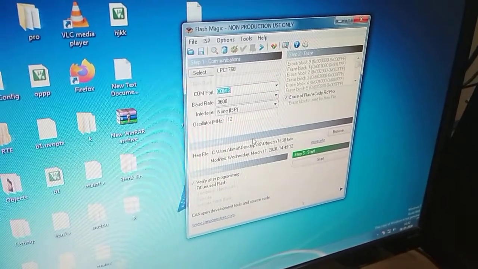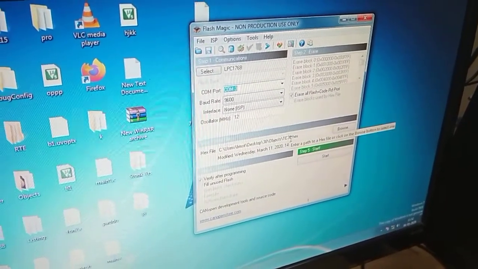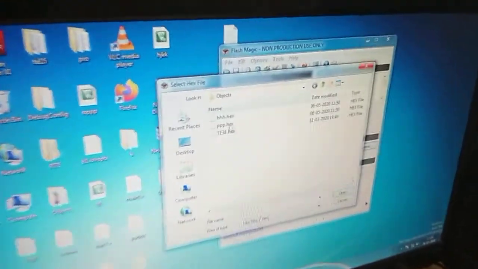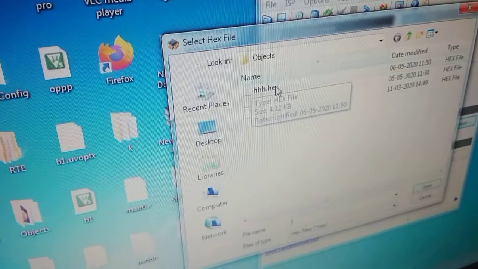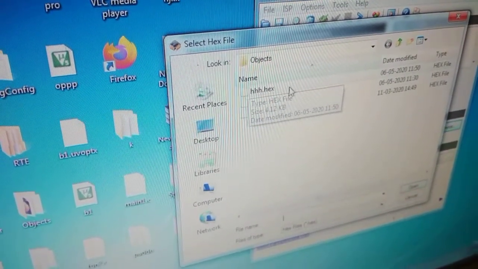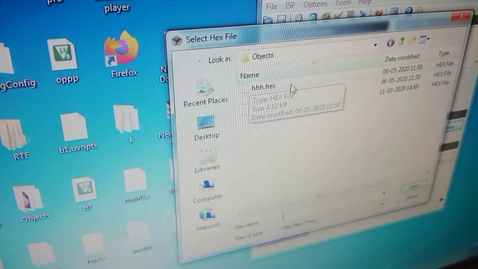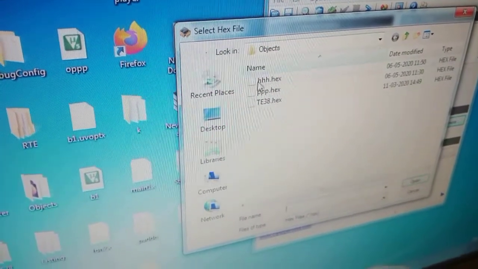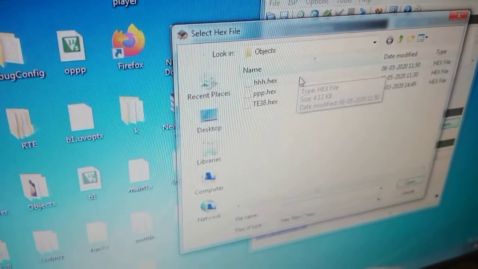Now for step 3, we have to choose our hex file. So go to browse. Here automatically whatever project name you had created, that project name itself will have your hex file name. So you can see in the objects folder it would have updated automatically.